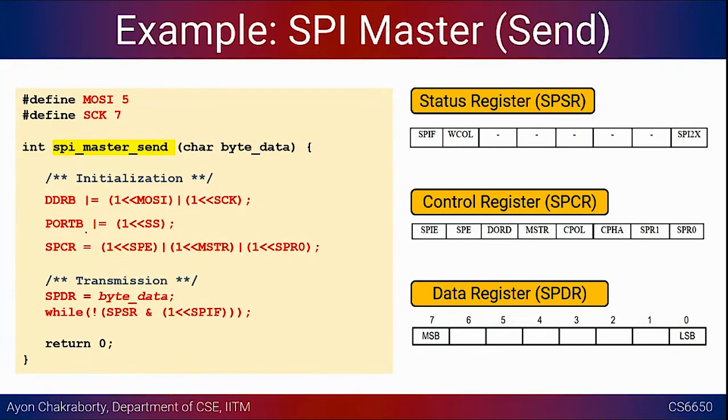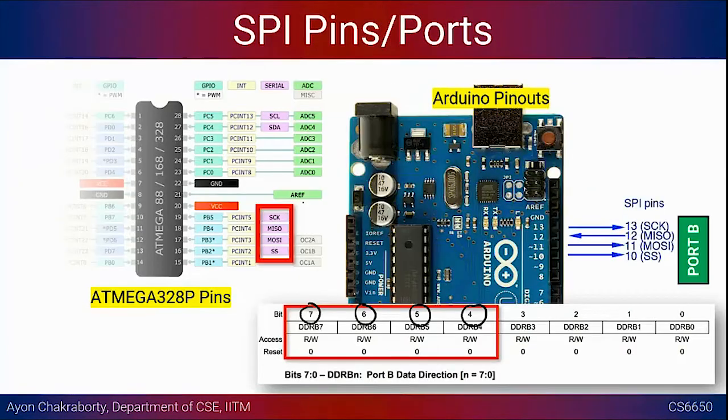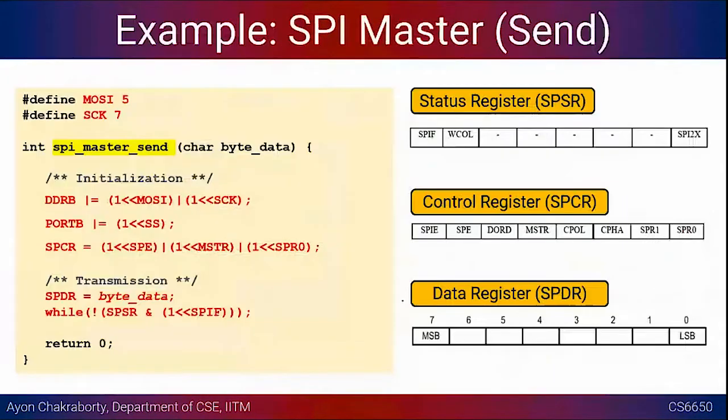Then with port B, we are doing the chip select, right? This SS I have not defined, but from here you can very easily figure out what the value of SS is, that is, which bit to use. Then you determine that you have to use that to turn on, or select, the particular slave device. And then we have the control register, right?